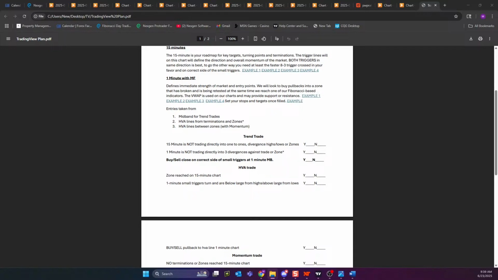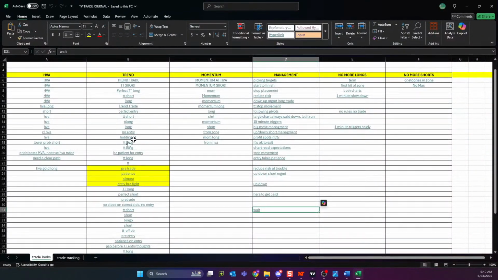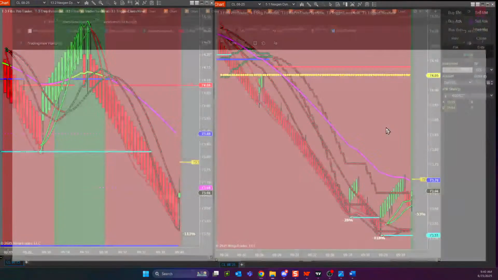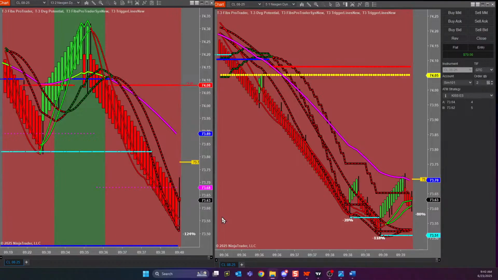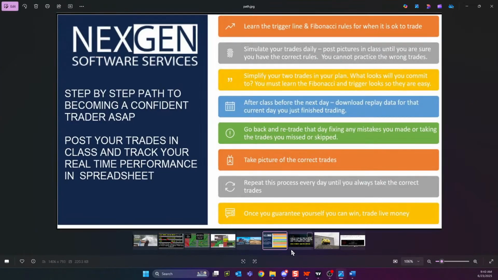And the trade journal for TradingView is just pictures of those trades, the different trades that are in the trading plan, ideas on management, and when not to trade. So there's a wealth of knowledge there. And then as you practice, start posting in the room. Absolutely. Start posting in the room, because one of the things, and I guess I should have mentioned this earlier,